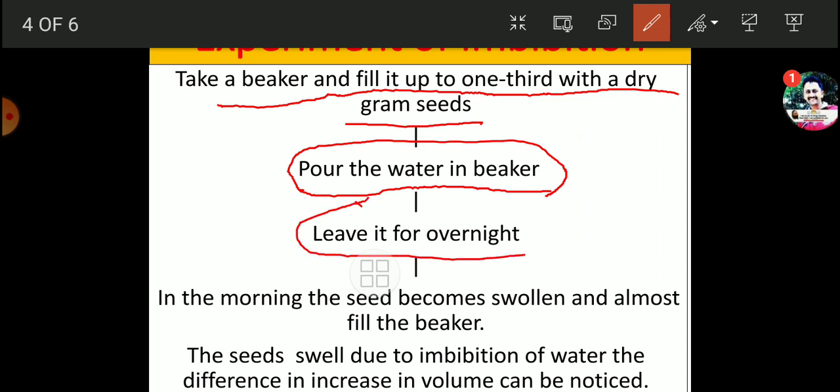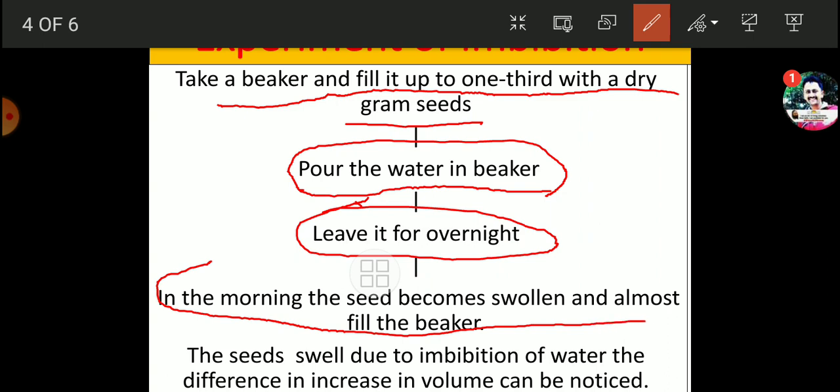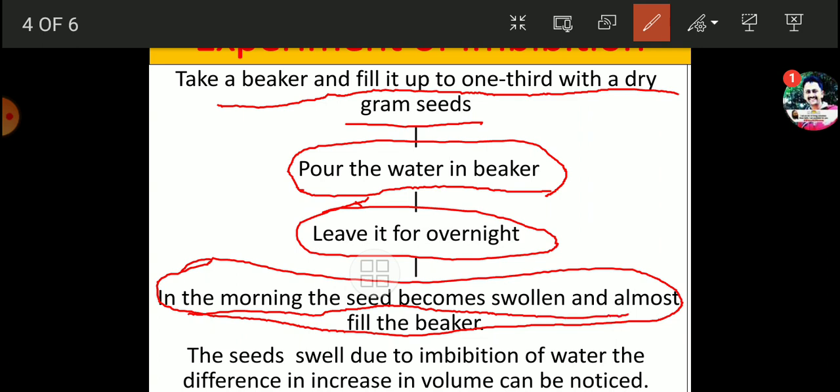Leave it overnight. In the morning when you observe, you will come to know that the seeds become swollen and almost fill the beaker. The beaker was filled 1/3 by the seeds. Then we added water into that, and we kept that overnight. In the morning, after observation, we are able to see the seeds become swollen and almost fill the beaker,